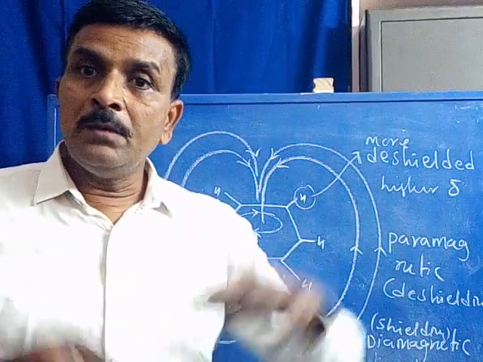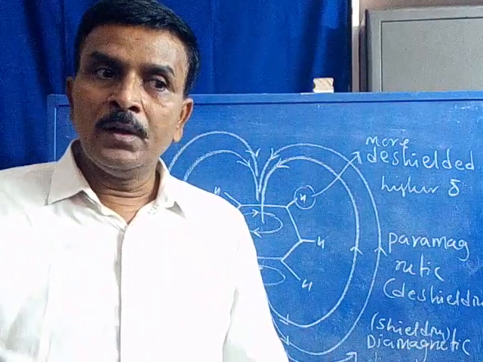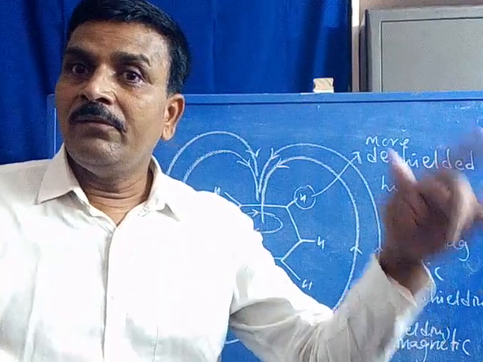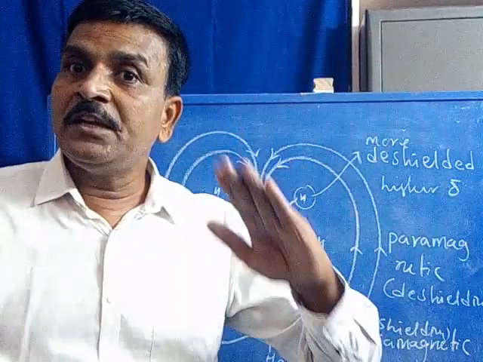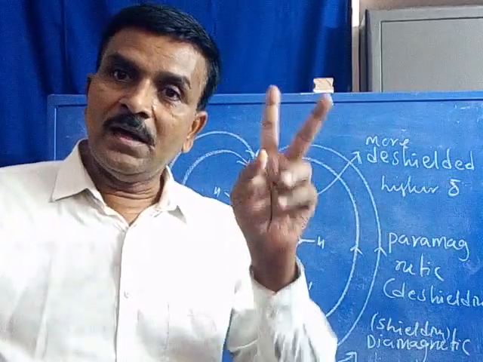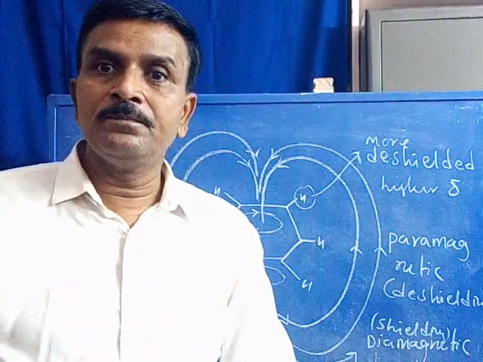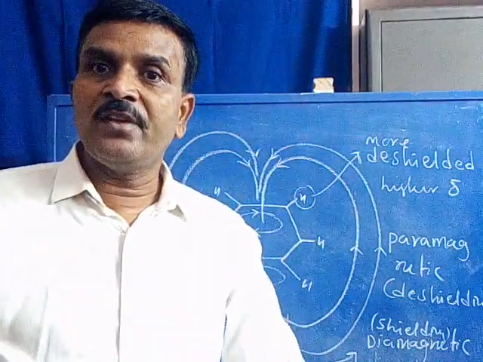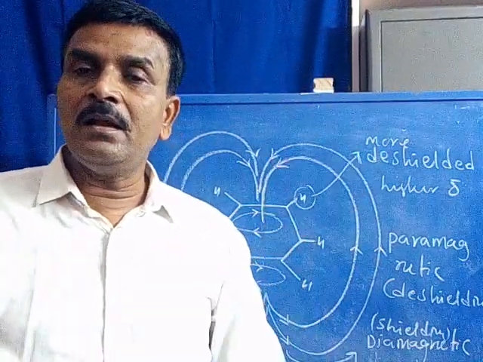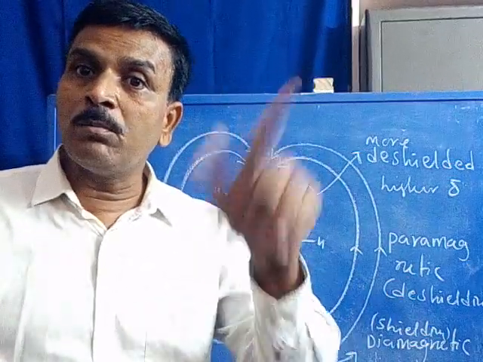In both cases protons are lying under the paramagnetic zone, but the alkene protons are de-shielded, whereas aromatic hydrocarbon or benzene protons are more de-shielded. In both cases de-shielded. Alkene protons are de-shielded and benzene protons are also de-shielded. But in the first instance, the protons are less de-shielded. But in benzene, the protons are de-shielded but more de-shielded.